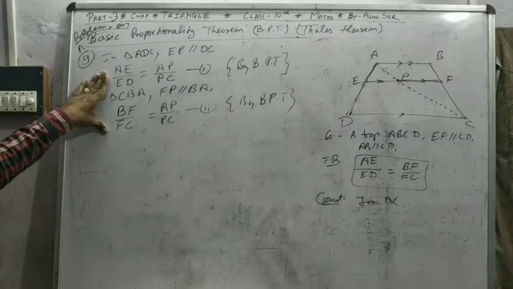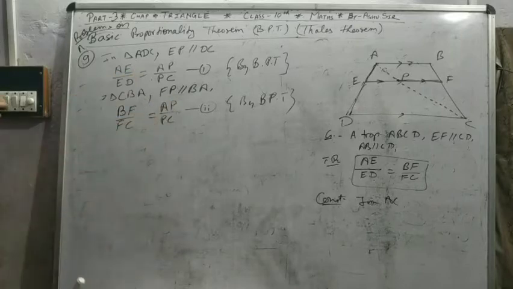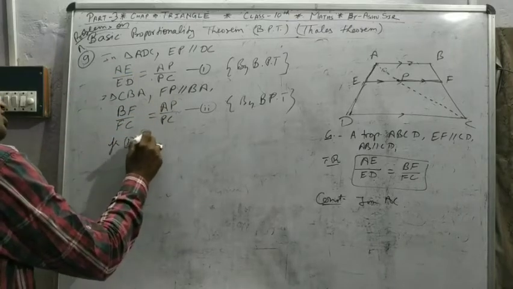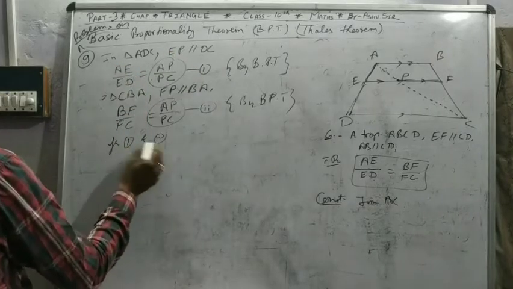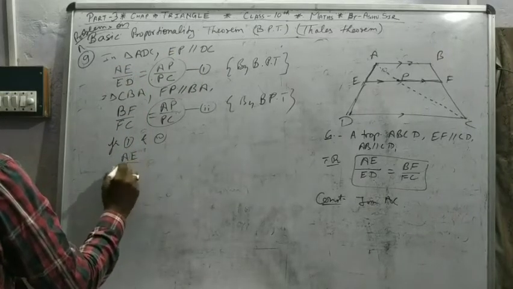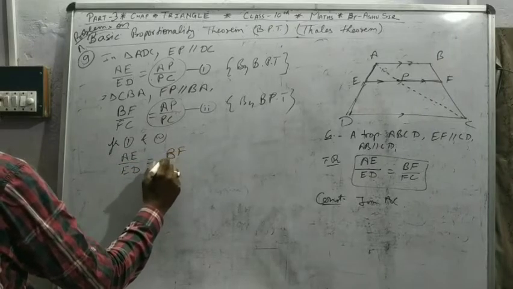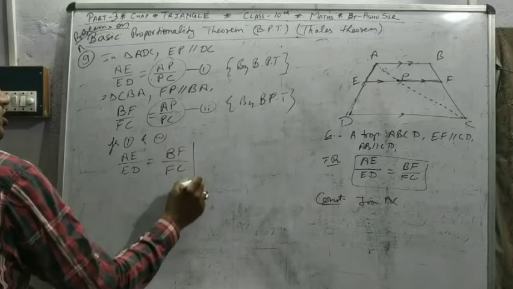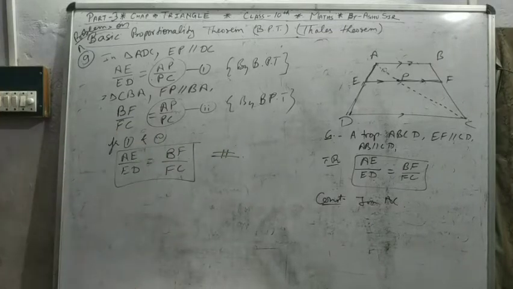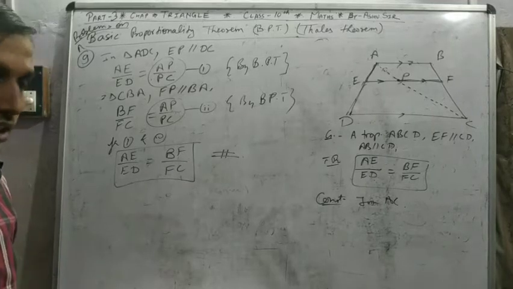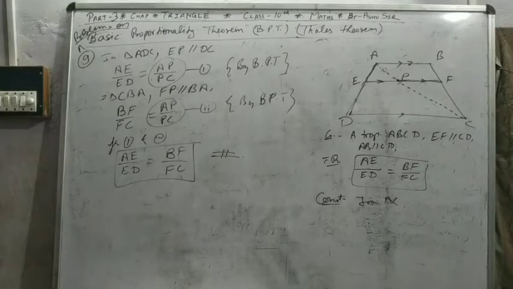Two triangles form by using the basic proportionality theorem in two triangles, then combine them from the first and second equation. Both right sides are equal, so from first and second its left is also equal. Non-parallel sides are also in the same proportion. Hence proved. I hope you understand how we solve the questions. So pause the video, note down.